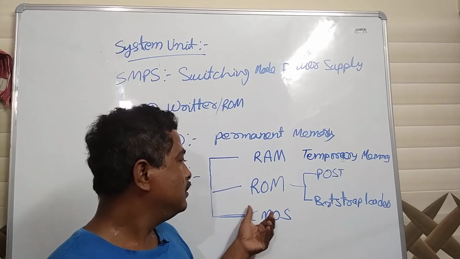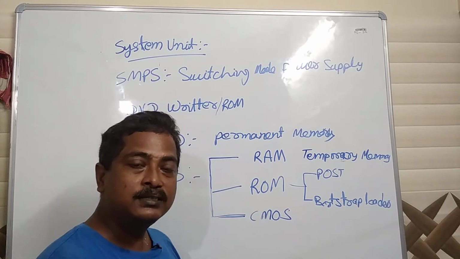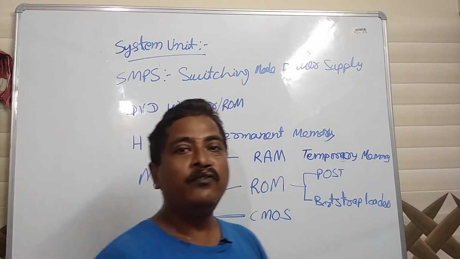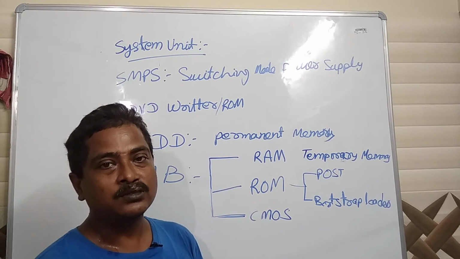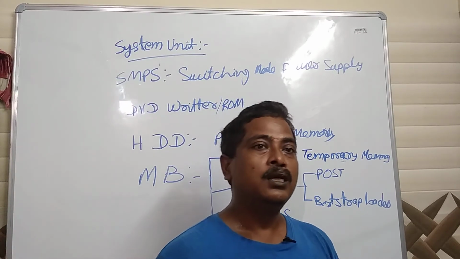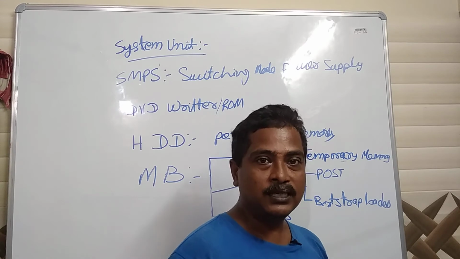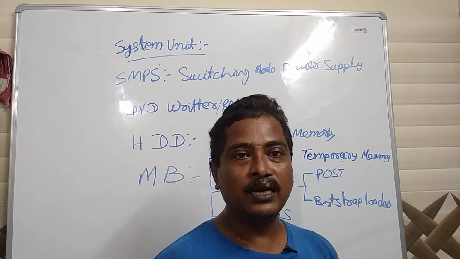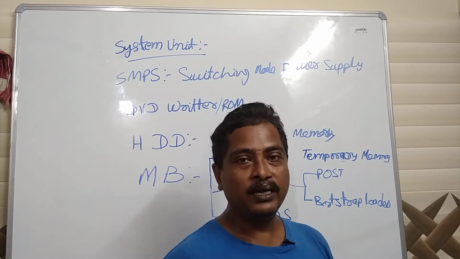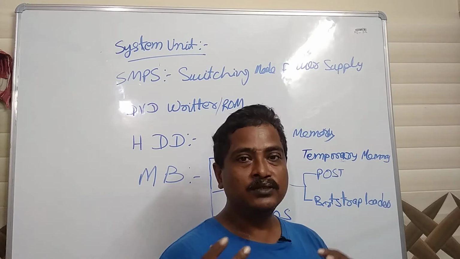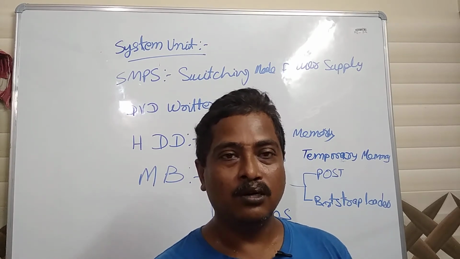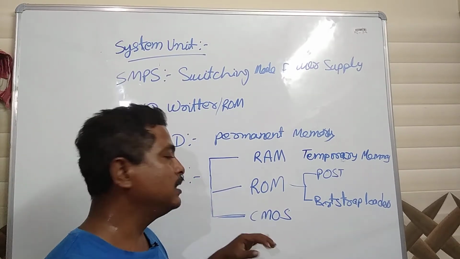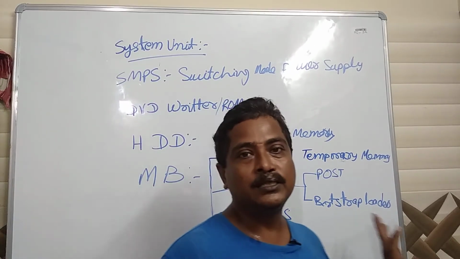Now this metal oxide semiconductor is responsible for storing another piece of information, that is your system password. There are two types of password, system password and OS password. If a password is asked just after booting, it is the system password. If the password is asked after some time, before entering into the Bootstrap loader, that means before loading the operating system, then that is the operating system password. So if you have given a system password, then it is stored by the CMOS battery.